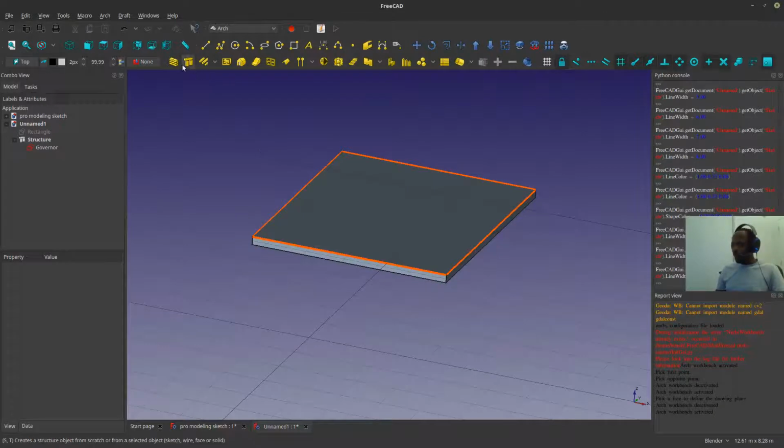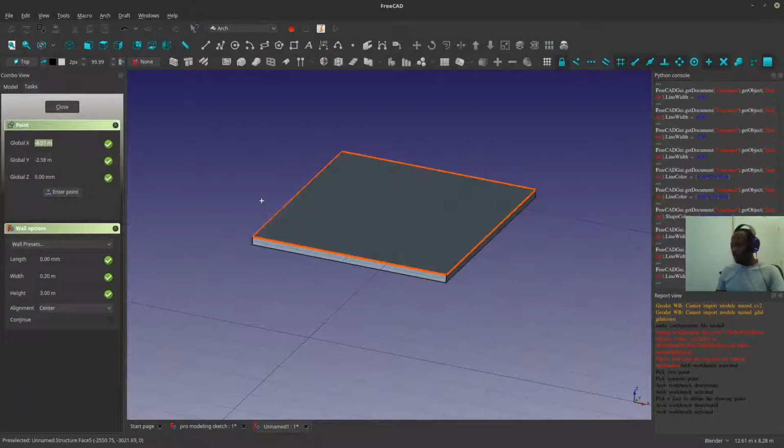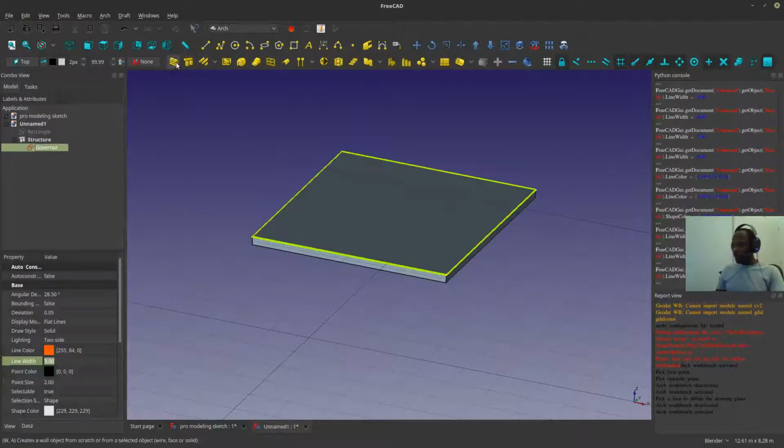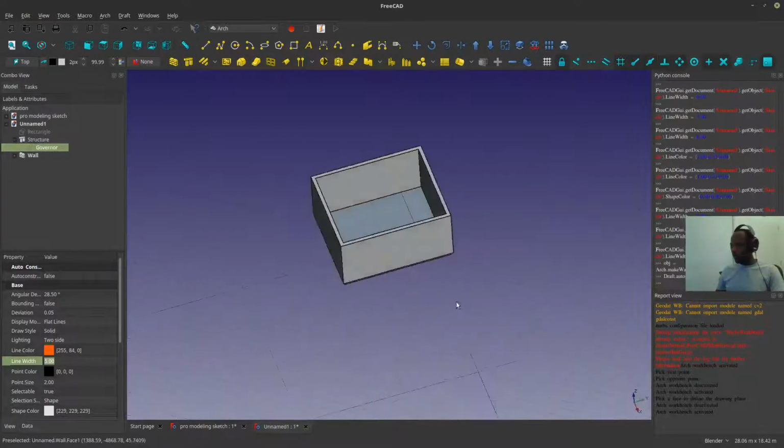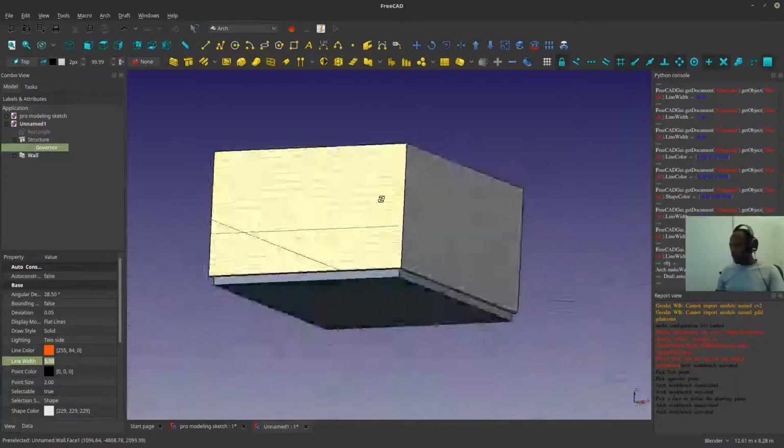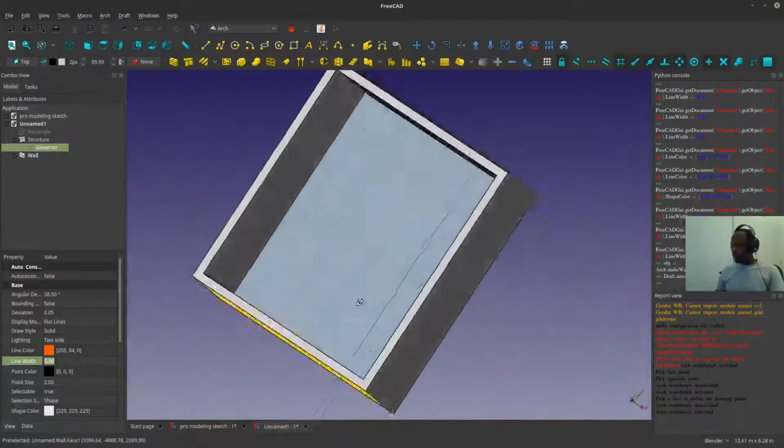We want a wall, governor. So let's create a wall. Select governor and create a wall. Nice, governor. He made us a wall. So now the interesting thing is that